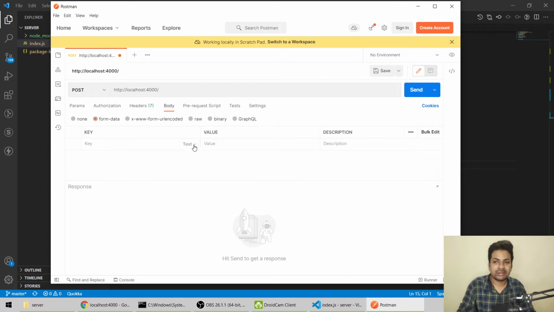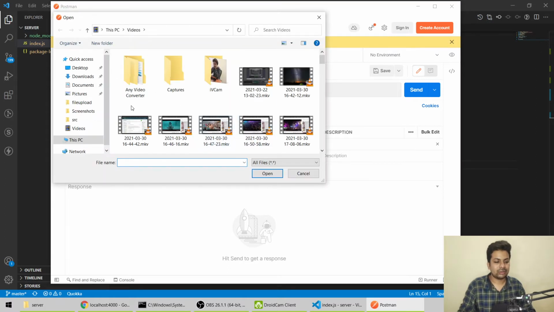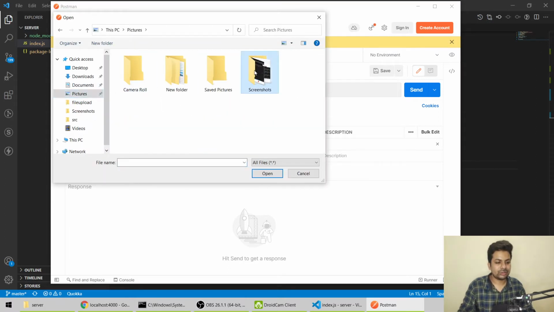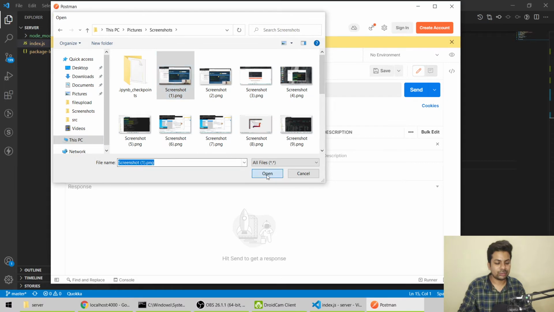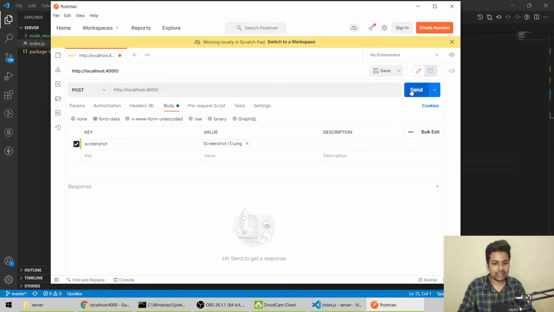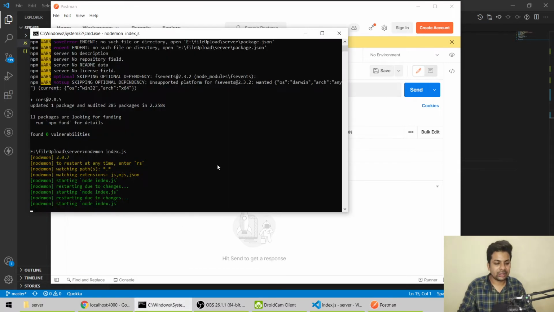Here you can see it's text, so choose file, and the name will be screenshot. Select files, go to pictures, screenshots, open any screenshot, and see, it will log the files here.